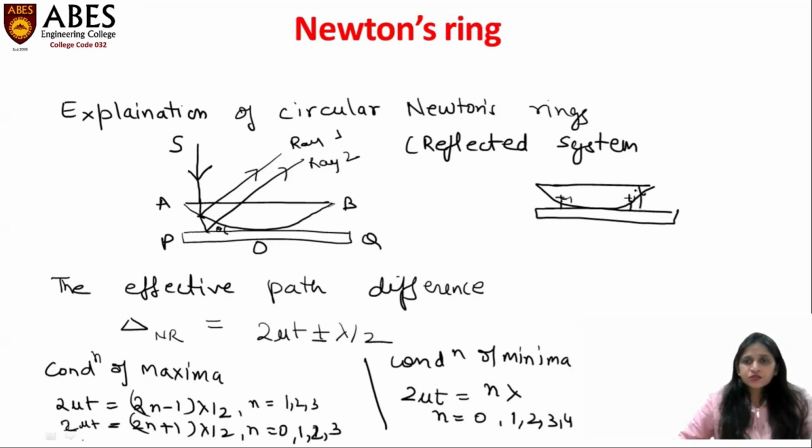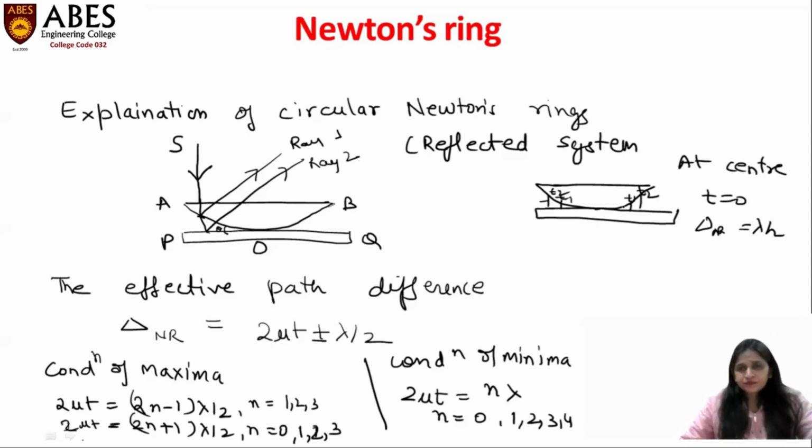If this is T2 thickness, this is also T2 thickness, right? And at the center, the thickness is 0. So at the point of contact, if the thickness is 0, at the center, T is 0, so the path difference will also be